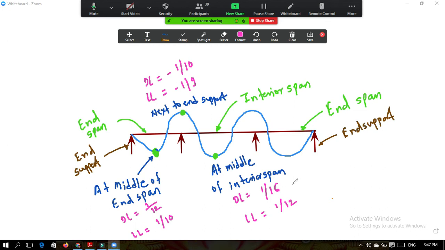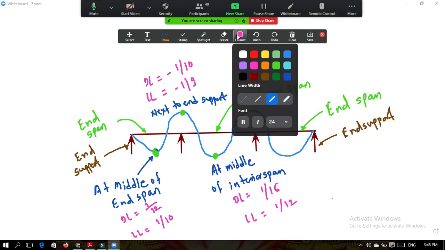As it is a 3-span continuous beam. If a 4-span continuous beam were there, then we would have to take one more moment, that is the bending moment at the interior support. That also we would need to consider. But here a 3-span continuous beam is there, so I will give numbering to the points.